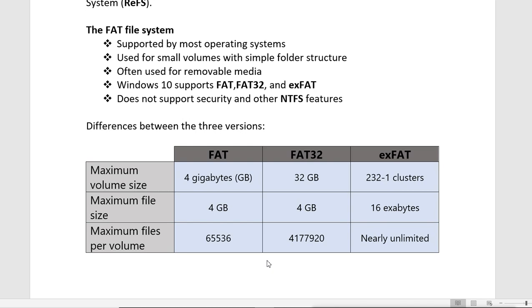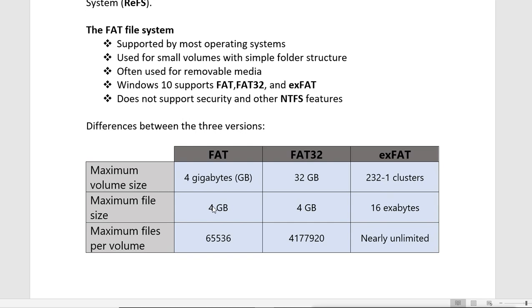And exFAT can support 2^32 minus 1 clusters. It is actually in clusters, the volume size is supported in clusters.